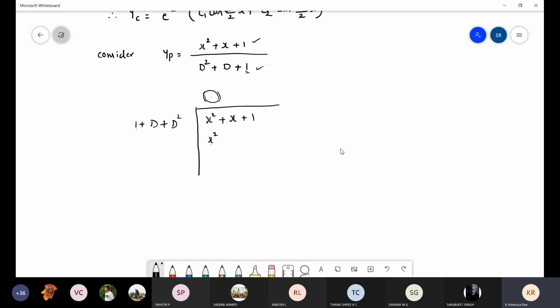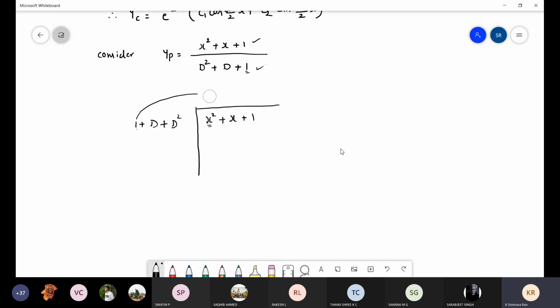One number means one term. Maybe it is a constant or in terms of x, whatever, such that if I multiply it with this term, I should get the same. Only I am concentrating on the first term. So what do I have to fill here? I will tell you.